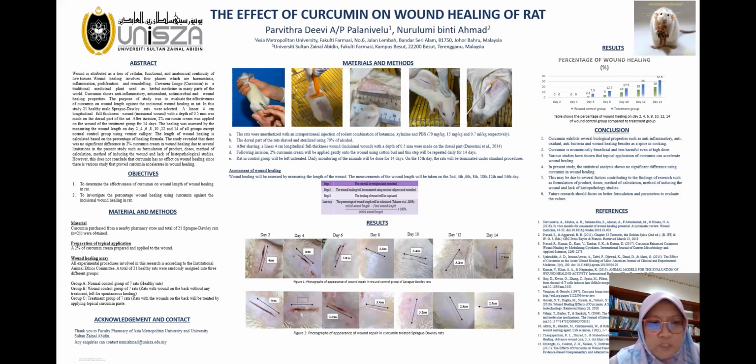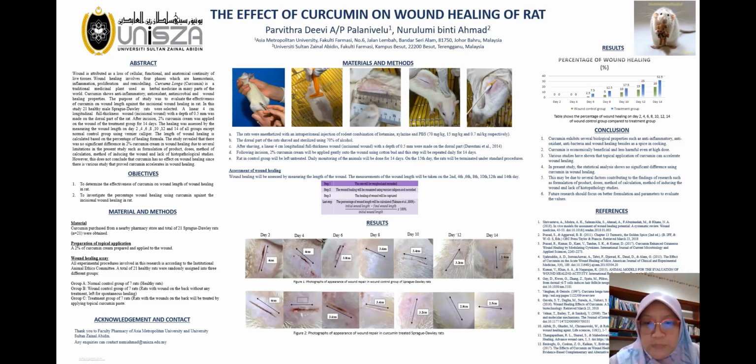So we used 21 Sprague Dawley rats, and we divided them into 3 groups: the normal group, the wound control group, where we did the wound incision without giving any treatment, and group C, the incision with application of 2% curcumin paste. We then monitored the rats on day 2, day 4, day 6, day 8, day 10, 12, and 14